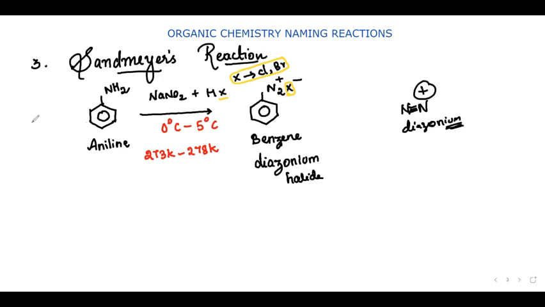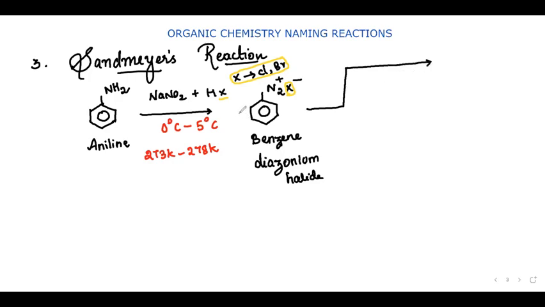This is the first step given. Actually, this is not Sandmeyer's reaction. This conversion is called diazotization. After this only, the Sandmeyer's reaction starts. This benzene diazonium chloride is taken as a reactant. From this, we can prepare